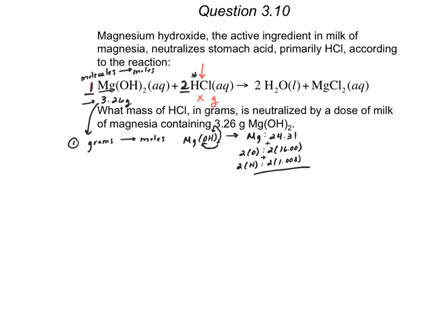Right, so we're going to multiply those guys. We're going to add them all together. We end up with a molar mass for magnesium hydroxide of 58.33 grams per mole. Okay, so again, formula weight, molar mass, molecular weight, they're all numerically equivalent, and we get that from the atomic masses of the elements in the compound. All right, so again, this tells us the mass of 1 mole of our compound, right? We're going to utilize that to take our 3.26 grams of Mg(OH)2,